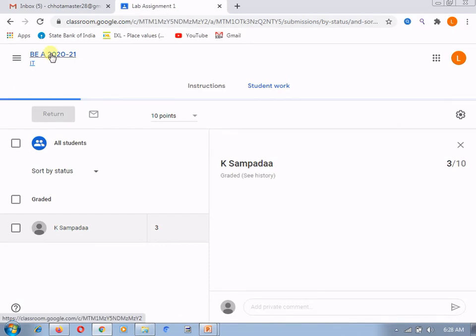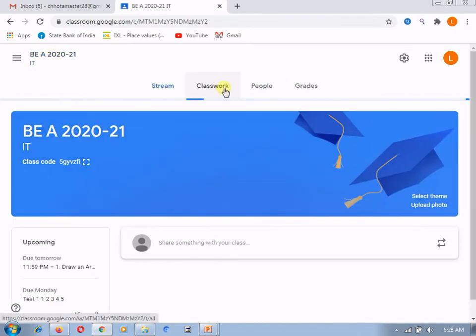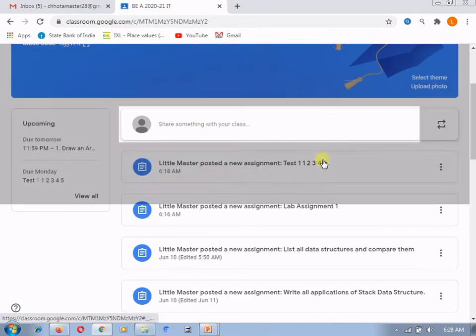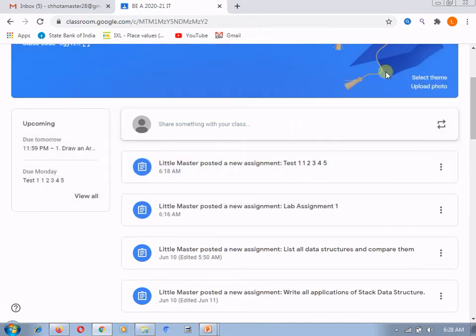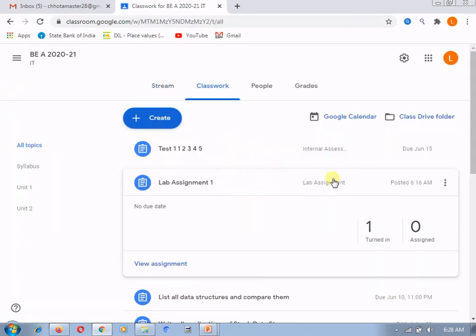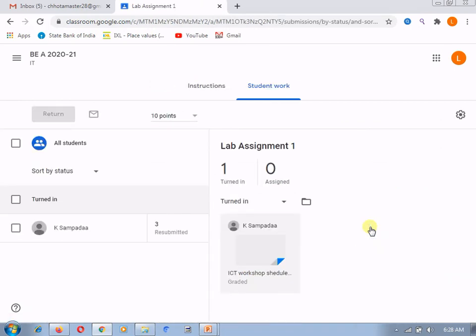We will move to the classwork again. Here in this classwork you can see that one student who was already graded by you has turned in again. You can go over there and see the new attachment sent by the student. This student is already graded, but the student has done the resubmission.